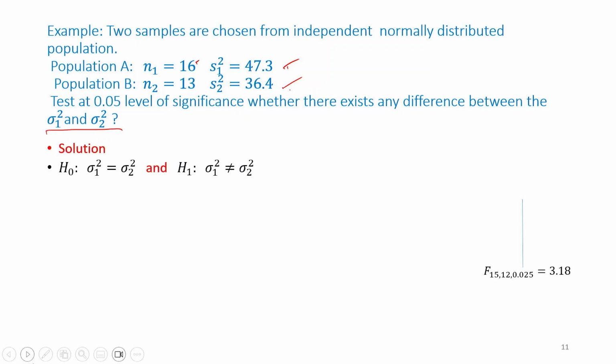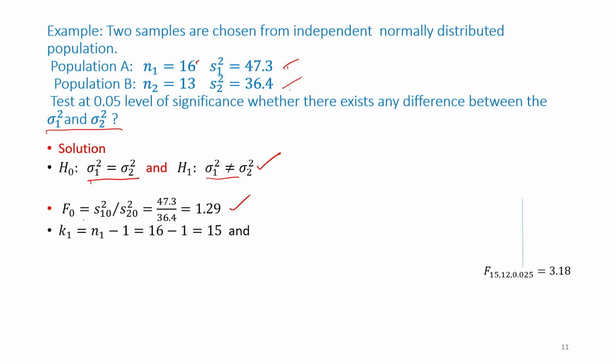So the solution procedure will be: the null hypothesis says there is no difference. Alternative hypothesis says there is a difference. So for the alternative hypothesis we propose not equal to, so they are not same. And we take the ratio. This ratio gives us a figure 1.29 F value. So the observed F value is this,